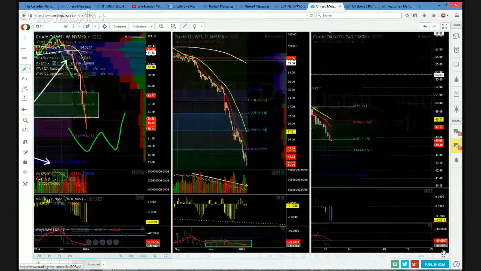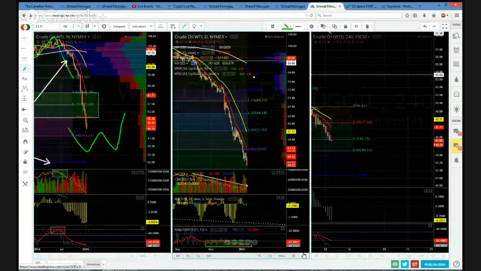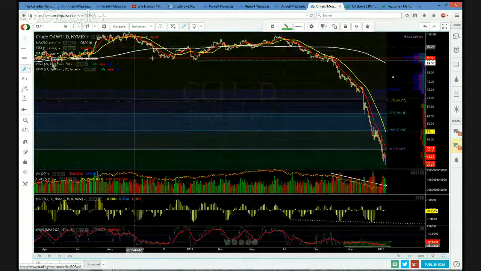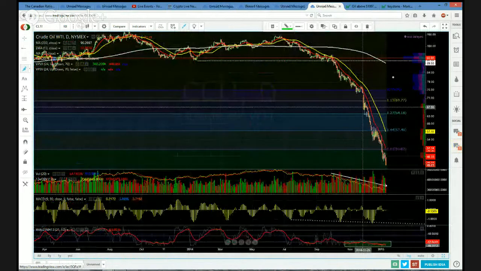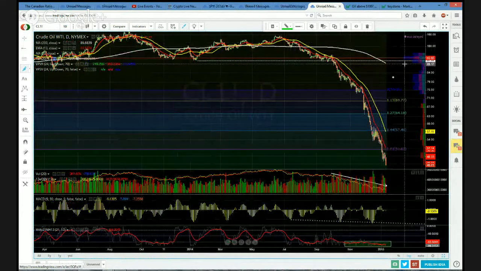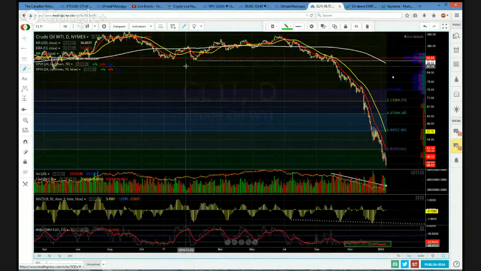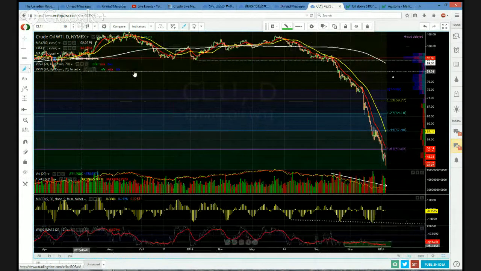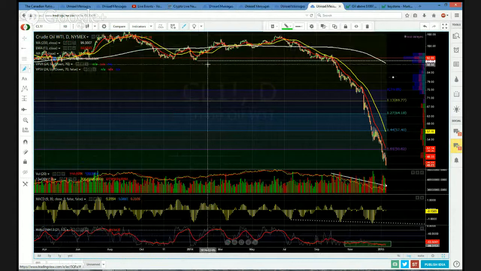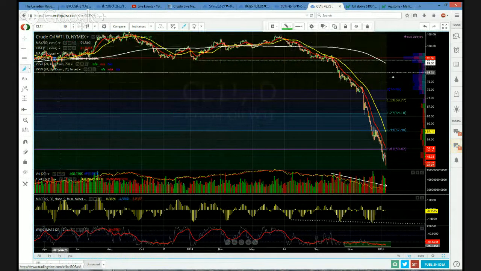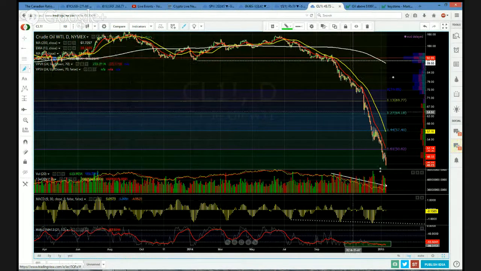So if we zoom in on the lower time frame, let's take a look at the daily just quickly to give you an idea what's going on there. There's that massive market structure failure, right? And so what I often tell students is that if the market can rally back up into these old lows, you can bet your bottom dollar that there's a lot of institutions and smart money that will want to sell those levels, right? But we don't have anything here for us to even think about buying.